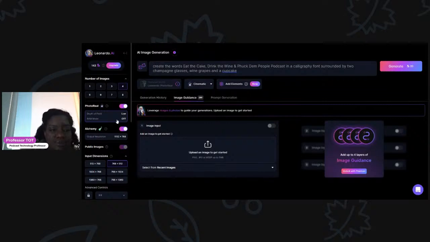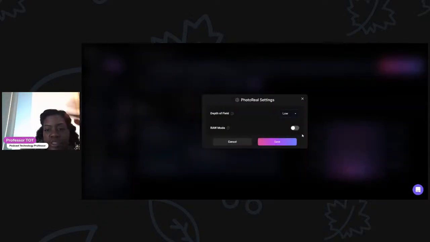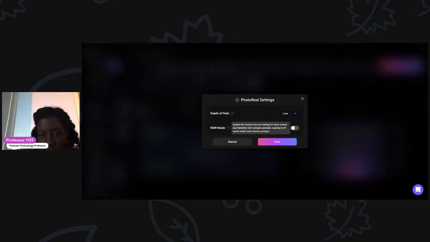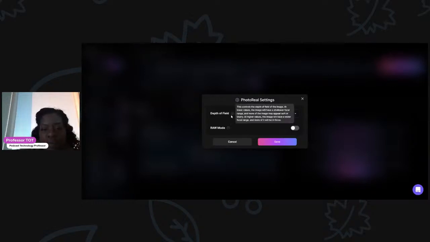Depth of field and raw mode. Raw mode is off, but you can apparently turn it on. What is raw mode? Not sure. It says enable this mode if you are looking for more control and flexibility with complex prompts. Leaving it off works better with shorter prompts. And then depth of field, this controls the depth of field of the image. At lower values,